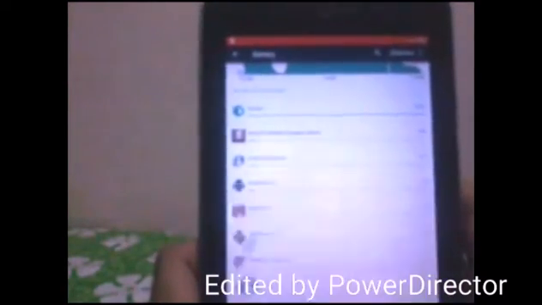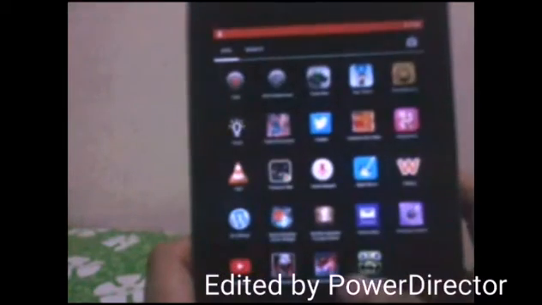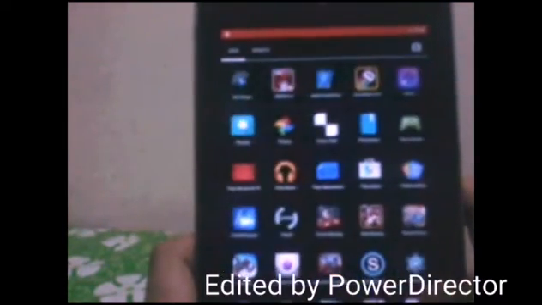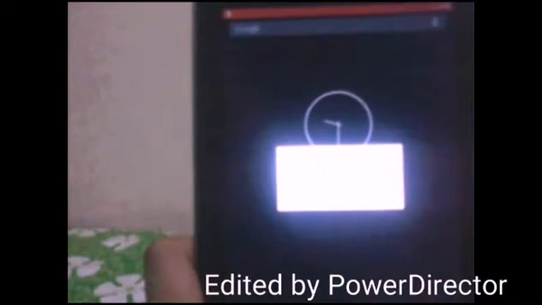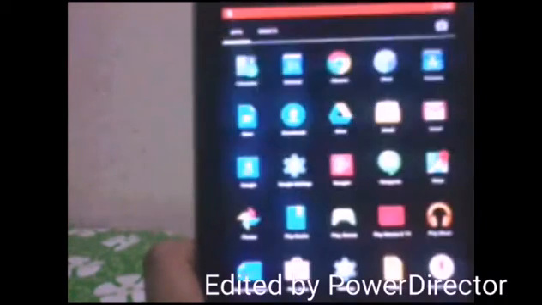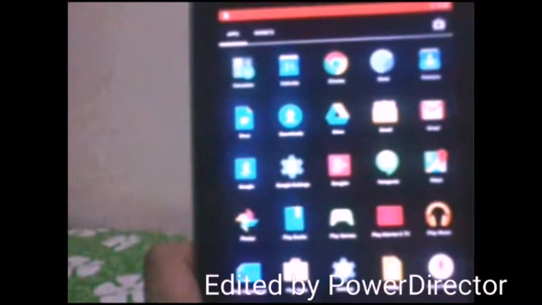Okay. Notice my installed apps here. Then I will switch the user to guest. Now you can see the apps are not in the user.